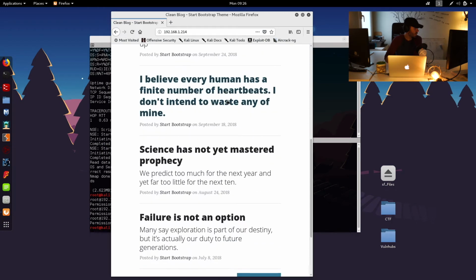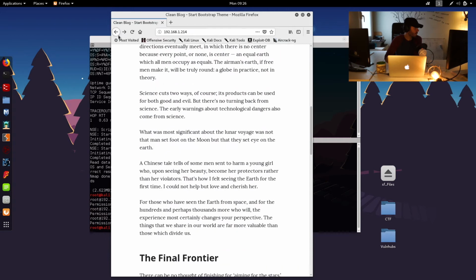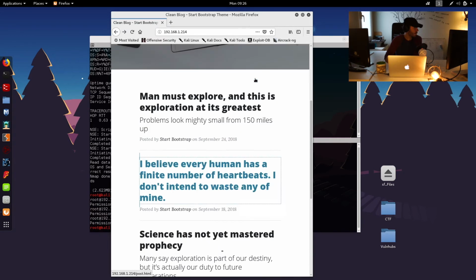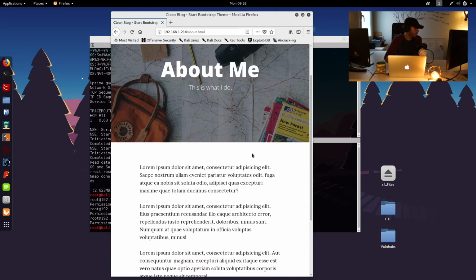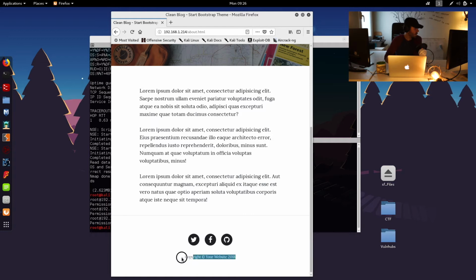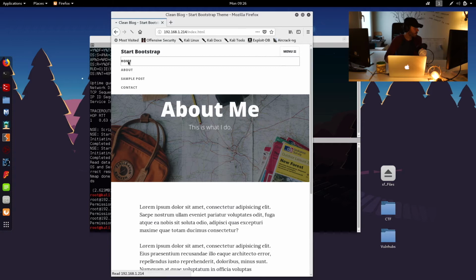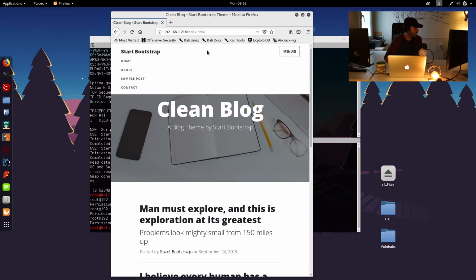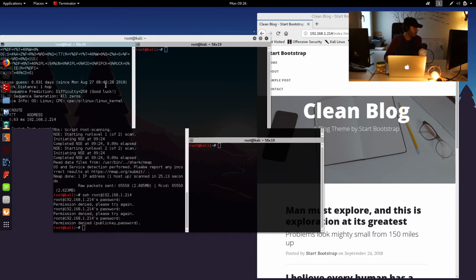We've got a few different posts which we can click into in each one. Got a menu area, let's have a look about. Not much information about exactly what this is at the moment. Maybe it's just a simple Apache web server with some basic web pages running there. So let's start having a bit of a poke around at this and see what we can find. While I'm doing that, I'm just going to kick off